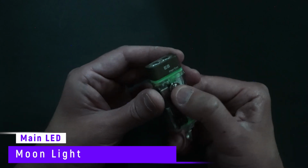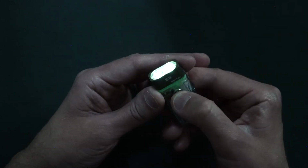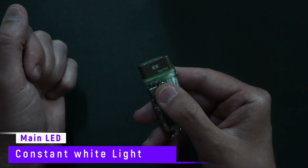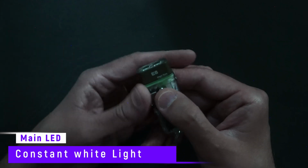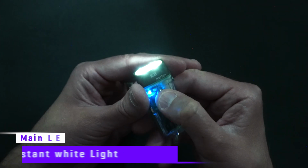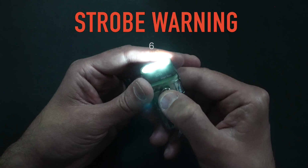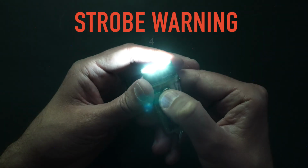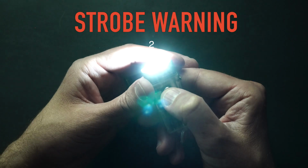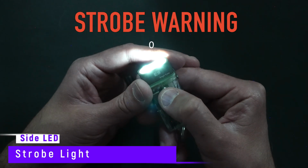So on first press of the main button, you get your moon mode, and then press and hold to turn that off. Now if you want to have it constantly on, it's going to turn on to the last mode that you initially had it on. All you need to do is double click the main button. It turns on to its main mode. If you want to cycle through each mode, just press the button one time. It'll cycle between low, medium, high, and you can also do a strobe. If you want to do the strobe, just triple click the main button,